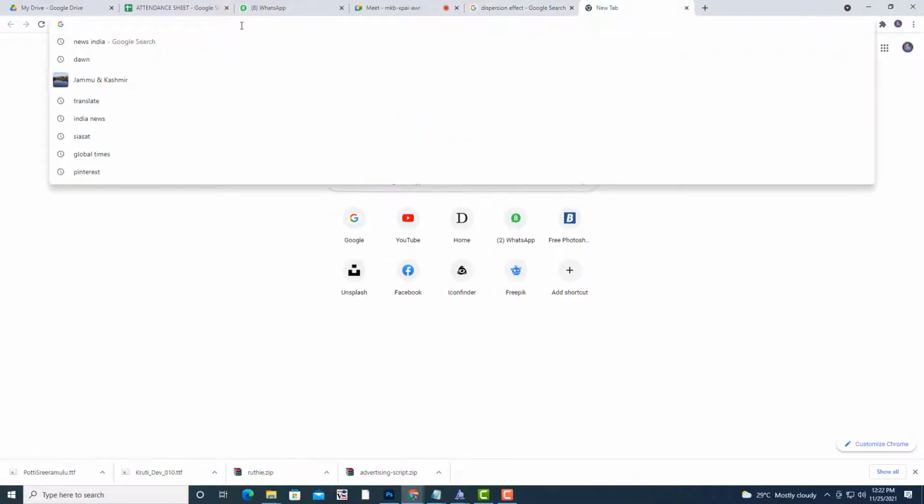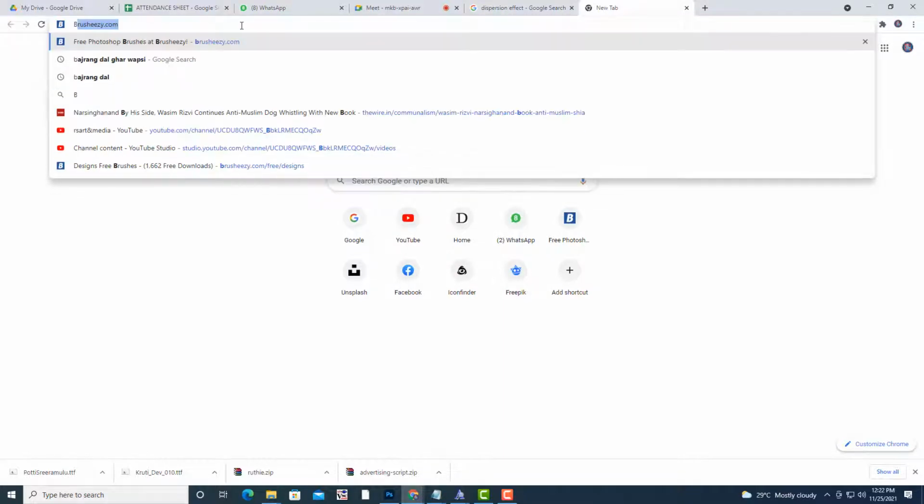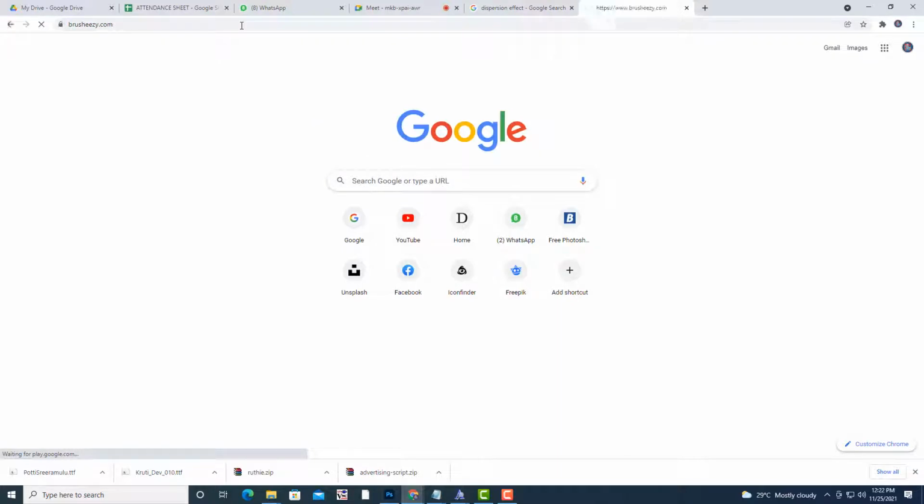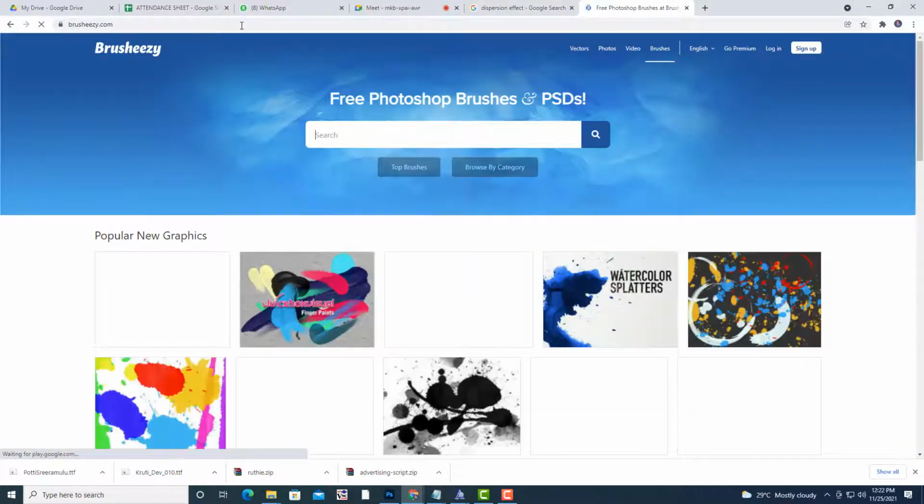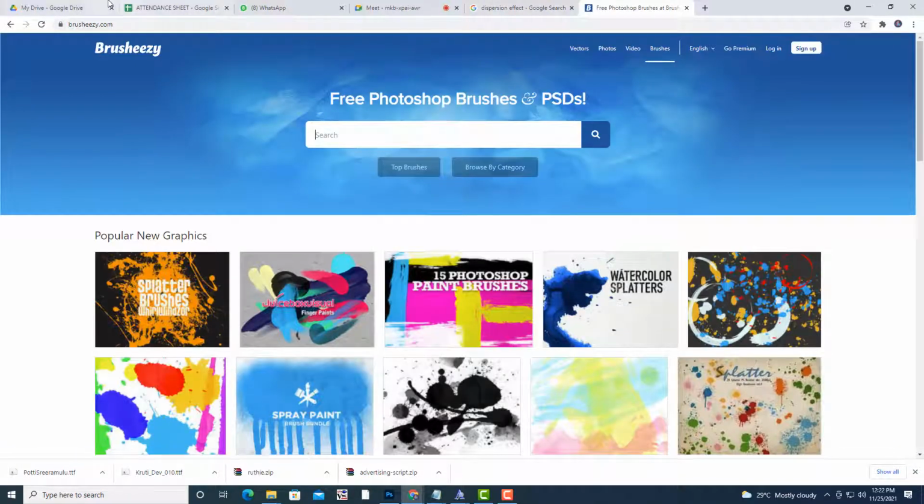See, we can get the dispersion brush from brusheasy.com. First you have to go to brusheasy.com, and then you can simply type dispersion.